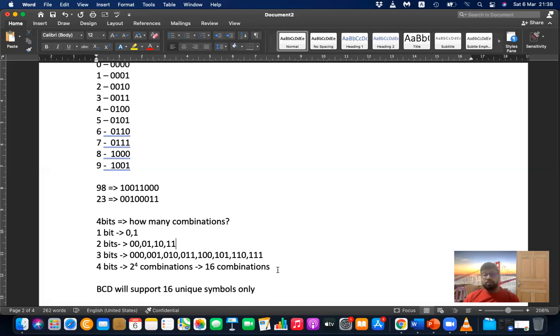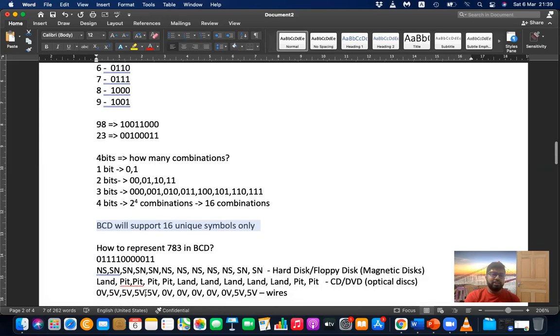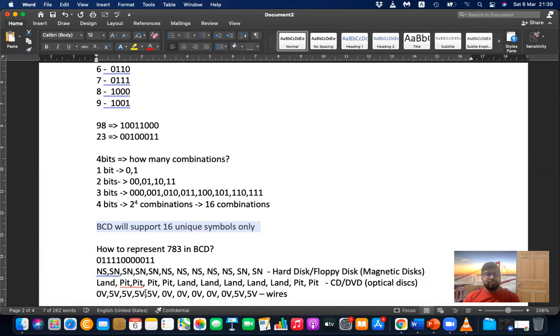So this method was not really good. We can remember this point: BCD represented 16 unique symbols, the maximum it can go for. So it is best for numbers, but not for letters. But then they enhanced that by using something called EBCDIC.